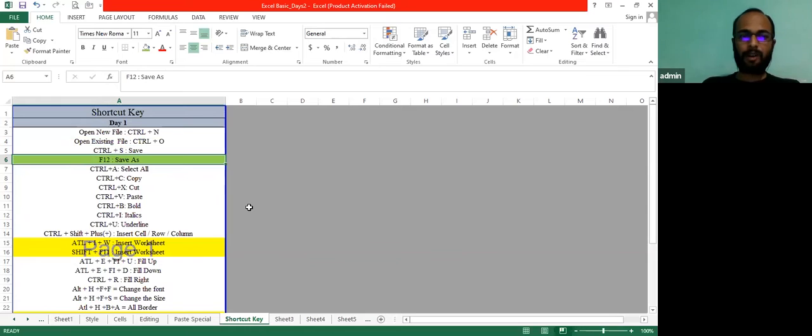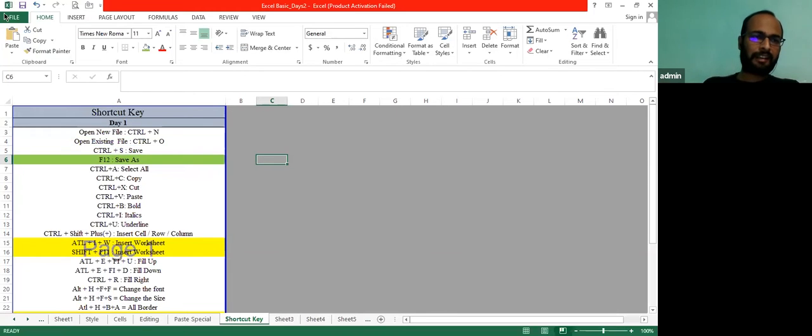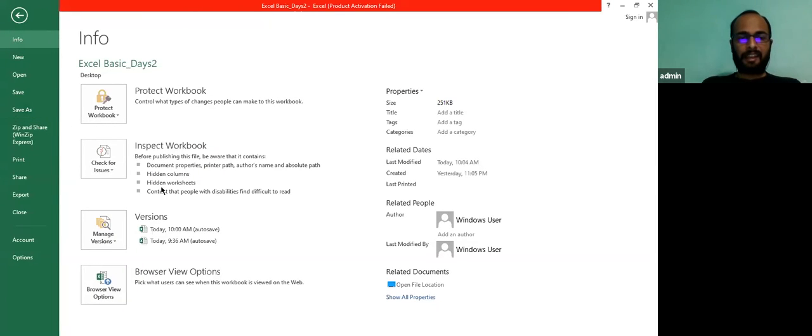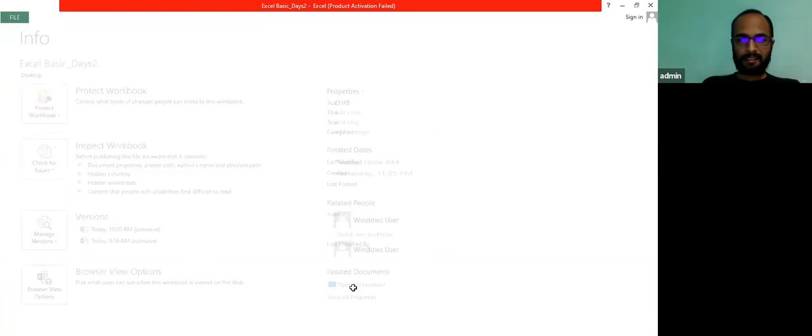Fourth one is save as. I hope very few people use this command, but believe me, if you use this command, it will save your time and improve your efficiency very drastically. Let's suppose I am working on this file and all of a sudden I felt that I should make some changes in this file and I directly send it to the client, and you also want to keep the previous one. For that, you can click on the file menu, then save as, and then you can save this file, then attach and send.